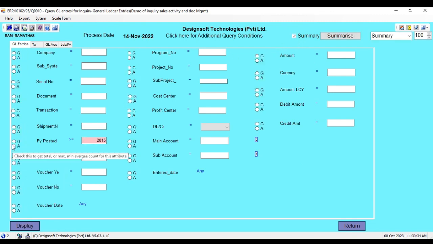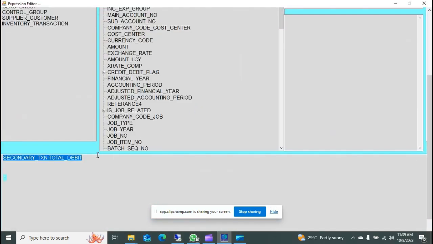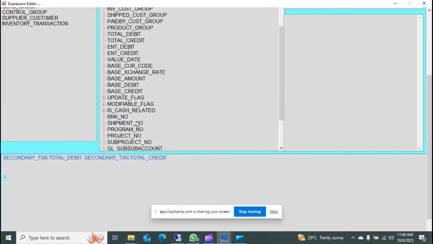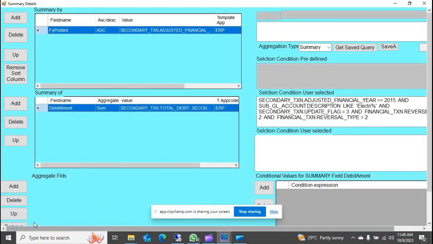Better still, we assume that we need annual totals of expense. That is, we need a summary. We need a summary for each year and we will need a summary of debit amounts. We will command to summarize. This screen is used so that more advanced options could be used to summarize, such as summary of an arithmetical expression, such as debit amount minus credit amount, saving the query formulated for execution at a later time with or without changes, etc.